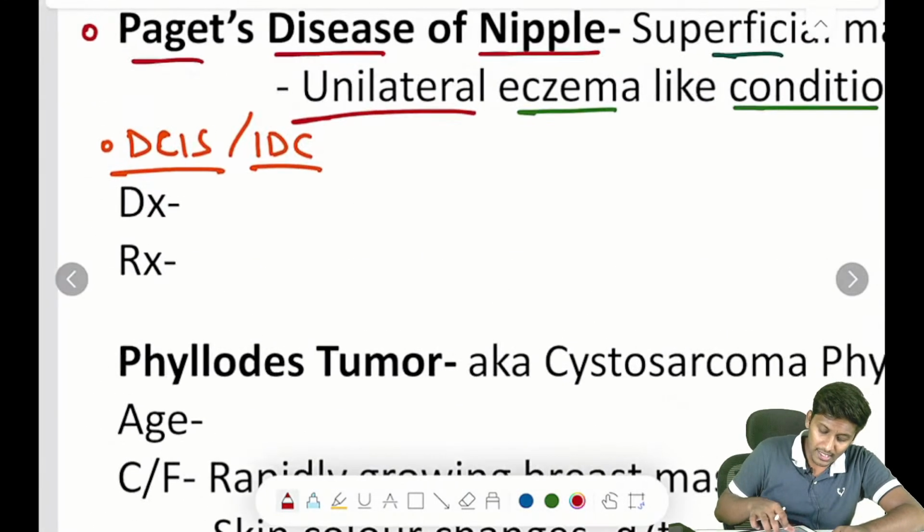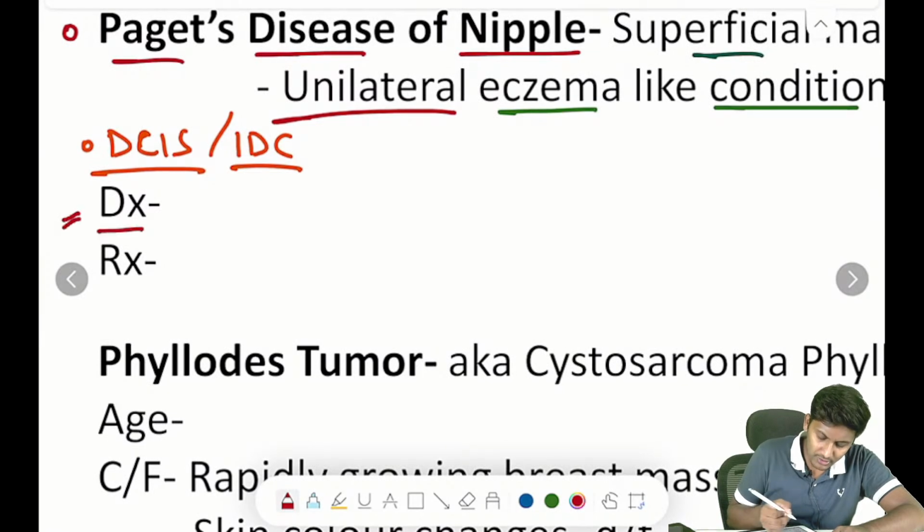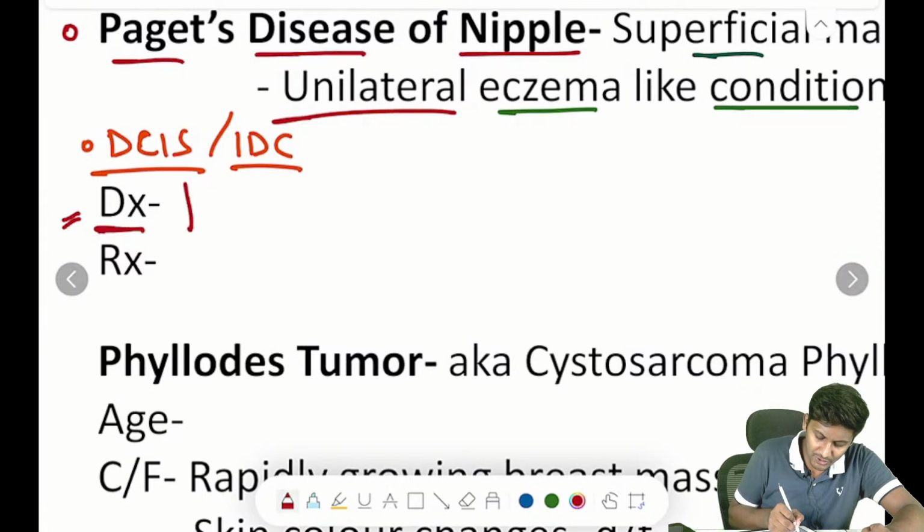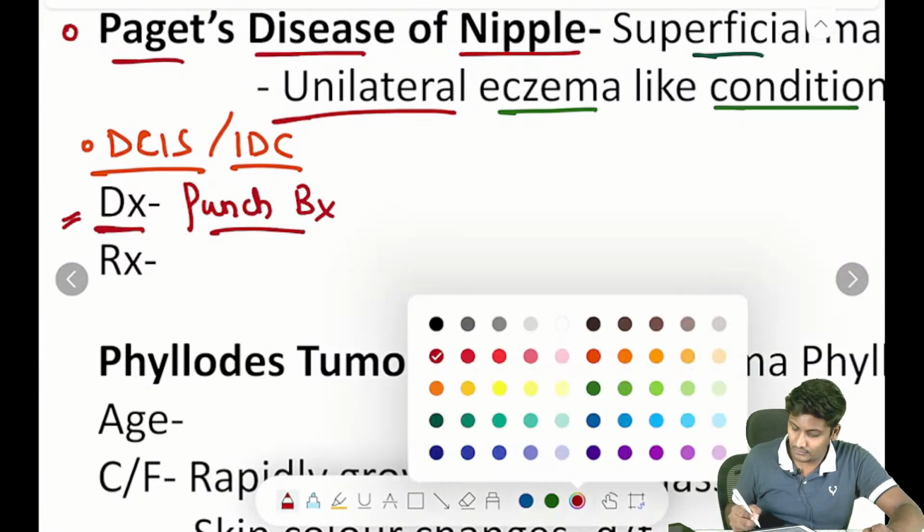Okay? Next important is, what do we need to do for diagnosis? Definitely, as there is destruction, or as there is a condition involving the nipple areola complex, it's better to take a biopsy from there itself. So we take a biopsy from there. We take a punch biopsy. We have to take a punch biopsy from the nipple areola complex, and once we take the punch biopsy